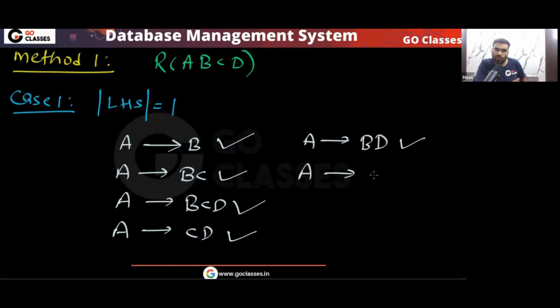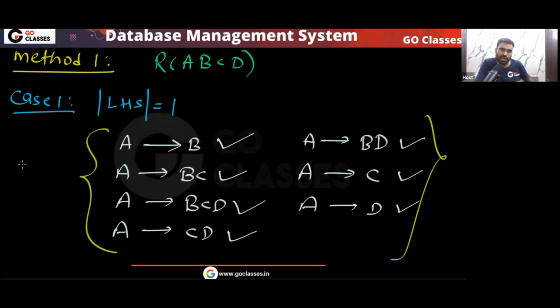Yes or no? What else can I create? Tell me. I can create A determining C, A determining D. Only these I can create. Yes or no? Total 7 I can create. Do you agree with me? Okay, nothing else. So if I put A on the LHS, then only these many I can